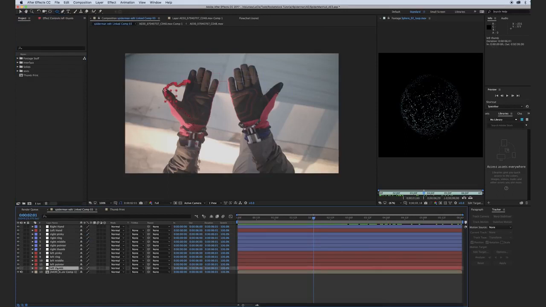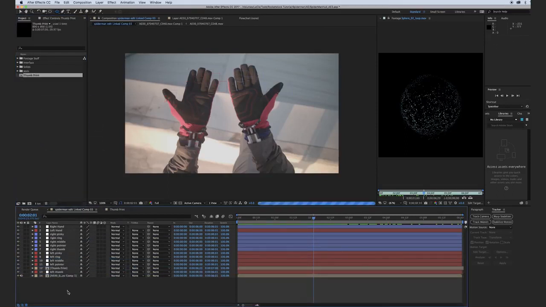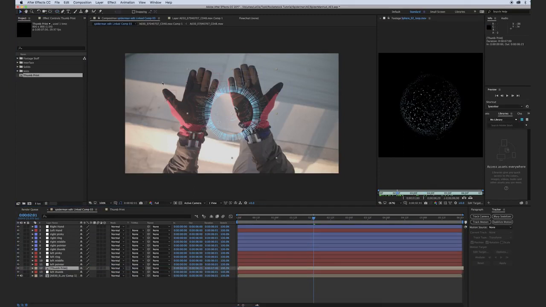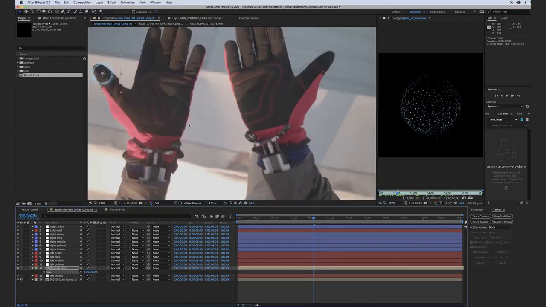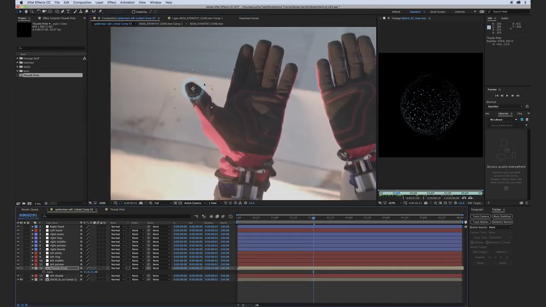And right here, I'm just going to go ahead and drag that element right above the left thumb null. So now we have this in the scene here. I'm going to drag it right over above the thumb, and I'm going to hit the S key for scale, and we'll scale that down. So I think somewhere right around there is going to look pretty cool. And now we need to parent this object to our left thumb null. And the way we'll do that is we'll select this pick whip here on the parent section and drag it